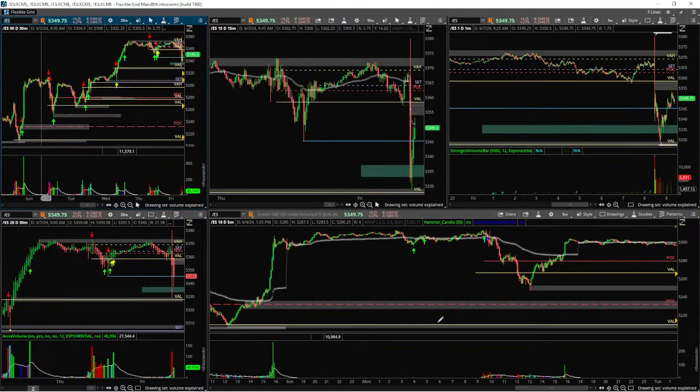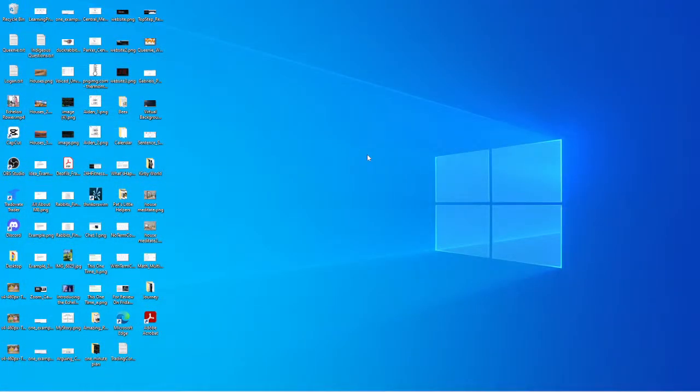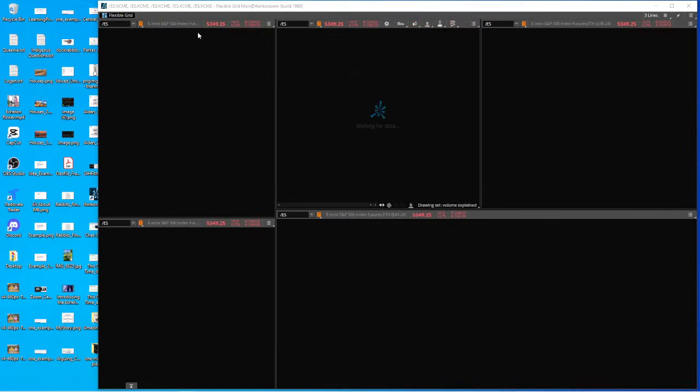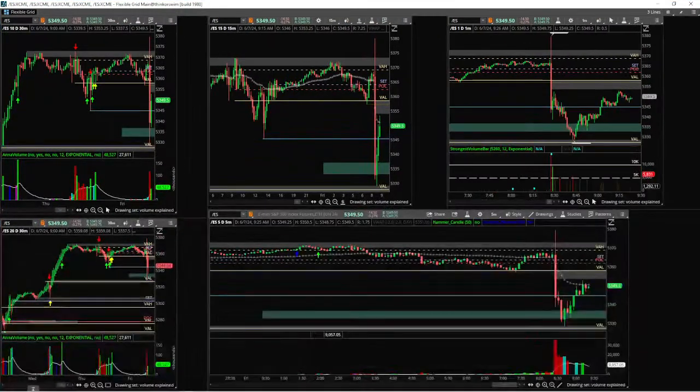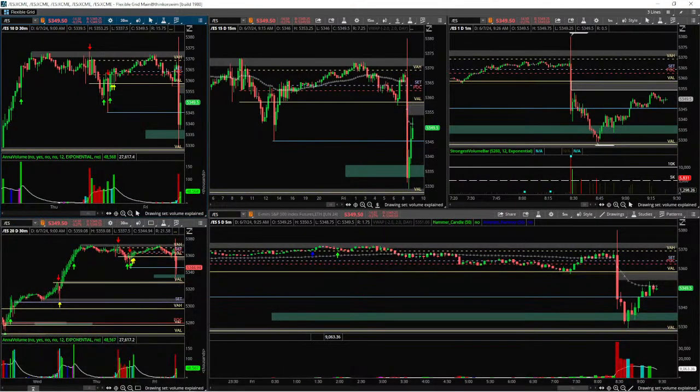I'm not going to reset my... it's 25 minutes for those three. Okay, just looking at my speed. I'm not going to reset. I'm not going to do the user GUI thing that I usually do. But that's basically it for my charts. And yeah, that's it. Okay. So market opens up soon.